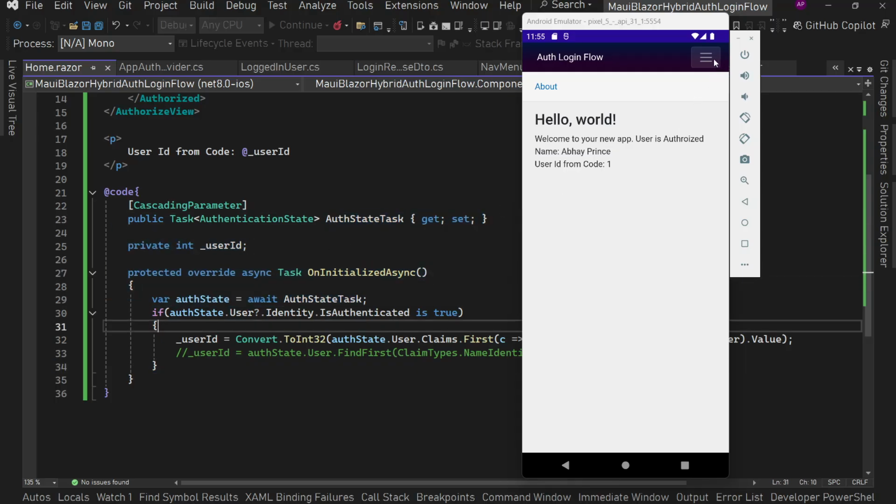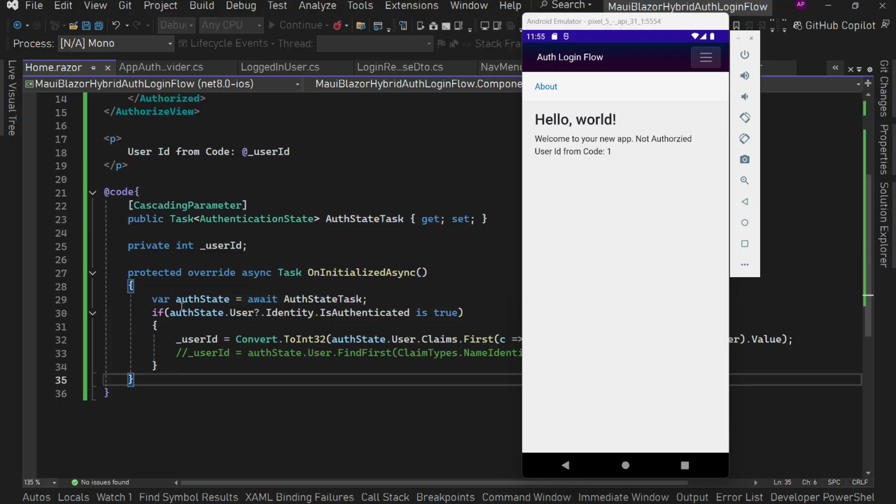Now let me show you one more thing. What if I log out? It says not authorized, but here it says user ID from code 1, which is not 1 right now. So what we are doing is modifying this user ID in OnInitializedAsync, right? But maybe we need to have this case whenever we